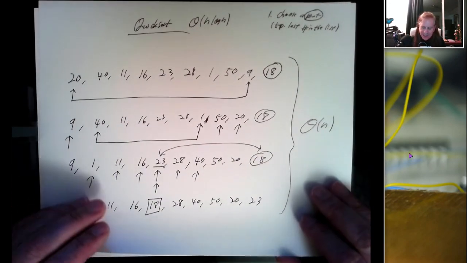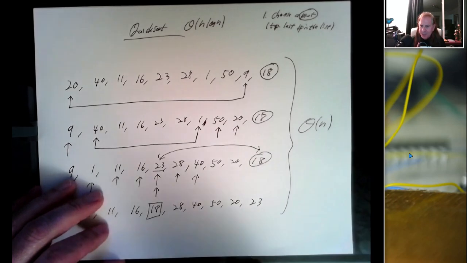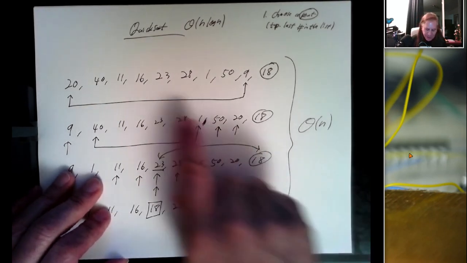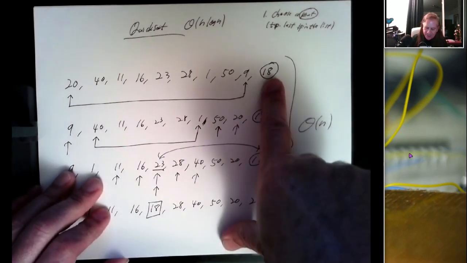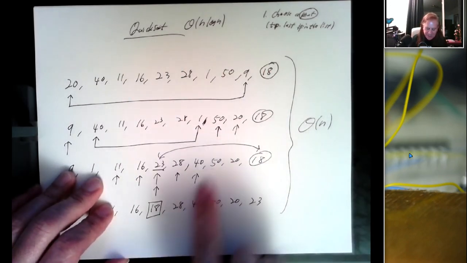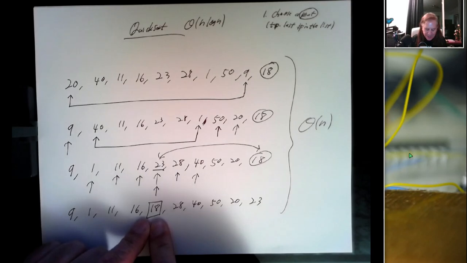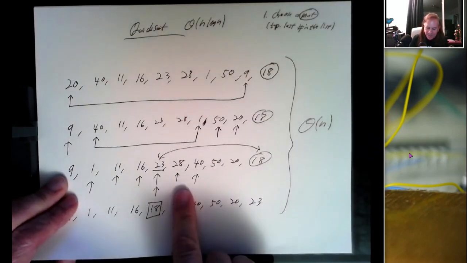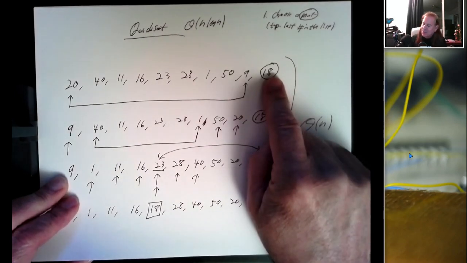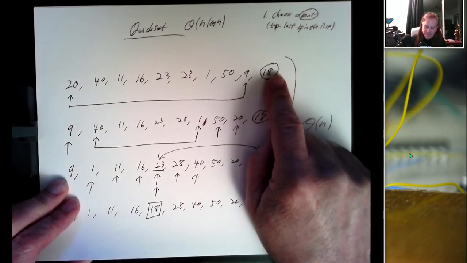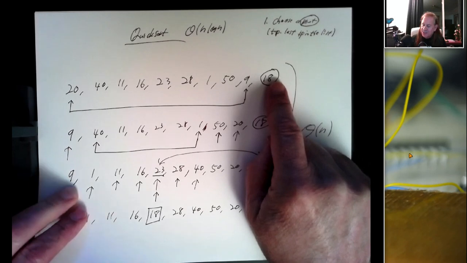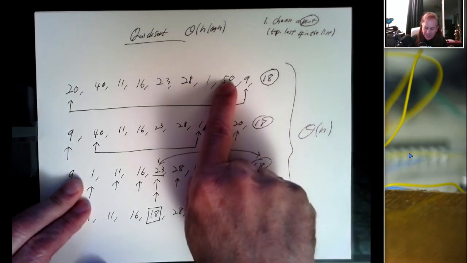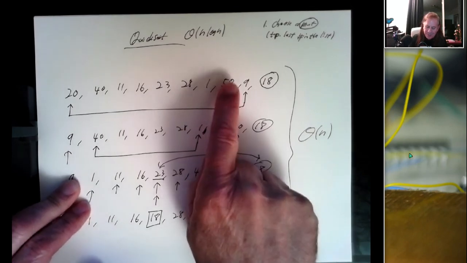So that's pretty certainly n log n, but quick sort has a potential pathology, which is the way that this is working: we pick our pivot and we eventually place the pivot into the middle of the list, and everything to the left is smaller, everything to the right is bigger. But what happens if that pivot is already the biggest number in the array, or close to the biggest number in the array? If this number ended up going right here, well, when we say, okay, that number's in